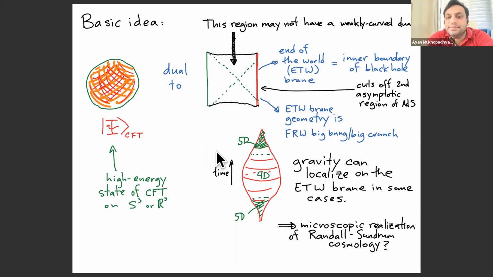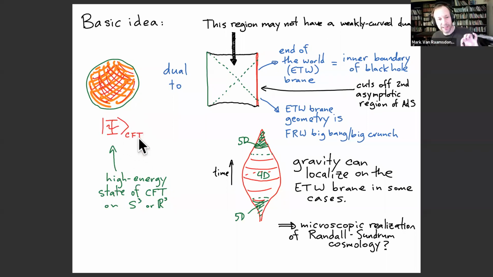So this ensemble is simply not coming from tracing over other possibilities, which don't lead to a big crunch, for example? You can't say anything about how this ensemble averaging itself arises from quantum gravity. But sorry, when I just said the word ensemble, I really just meant that the wave function here would be a superposition of different possibilities.